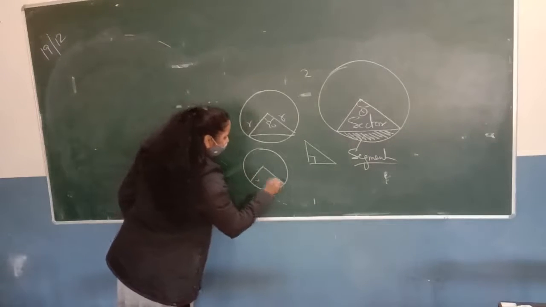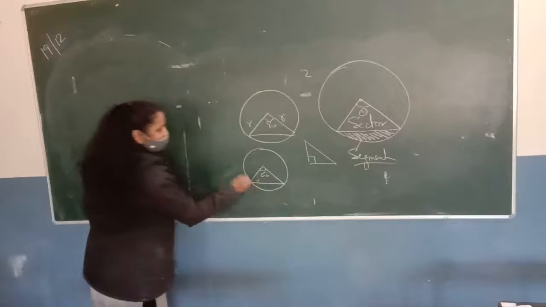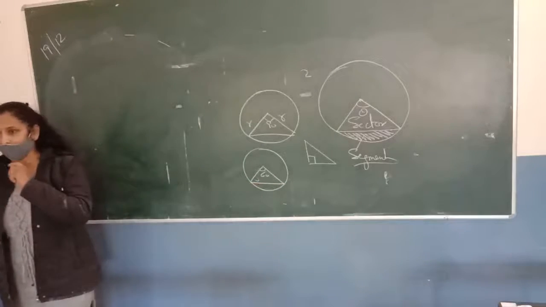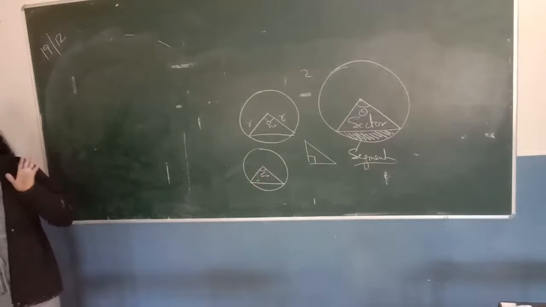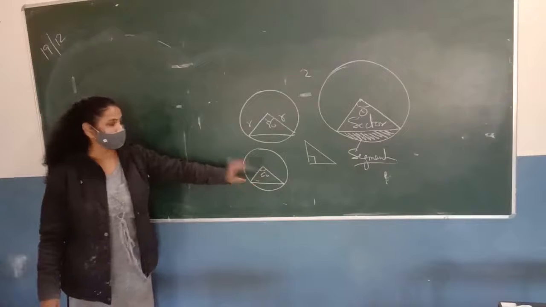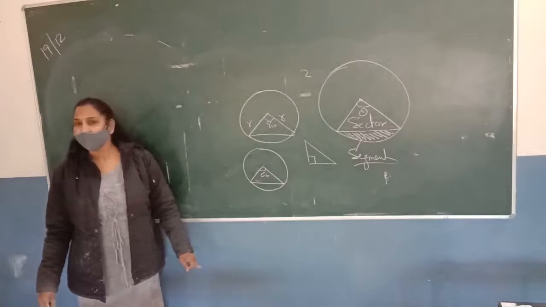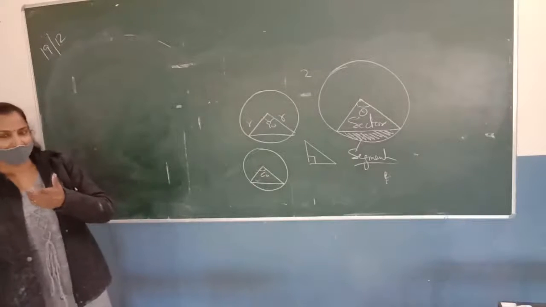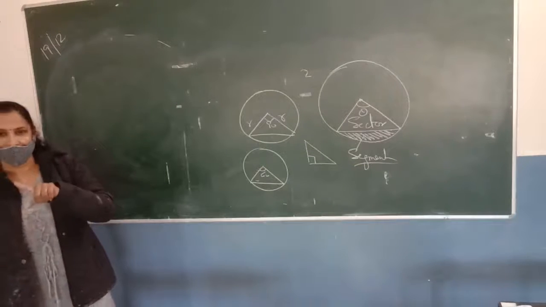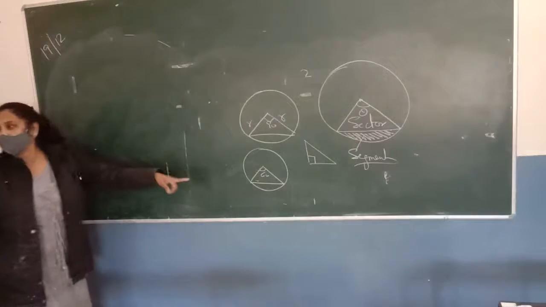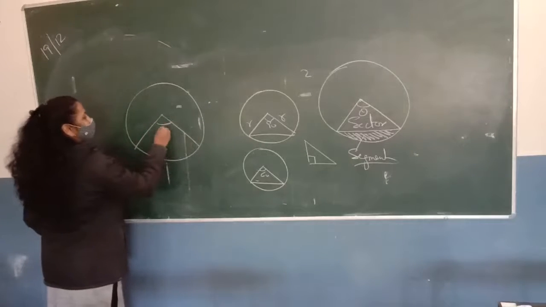Okay? And suppose the angle is 60. Now imagine the theta is 60. So how can you find the area of this triangle? For angle 60, how can you find the area of this triangle? Just think about it. What type of triangle will it be? Equilateral, yes. It will be an equilateral triangle. Just imagine this is a circle and this angle is of 60.